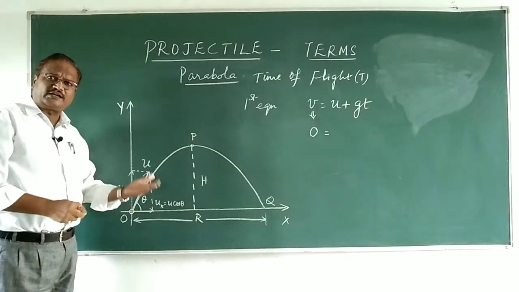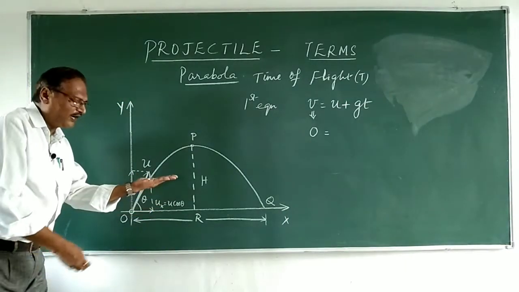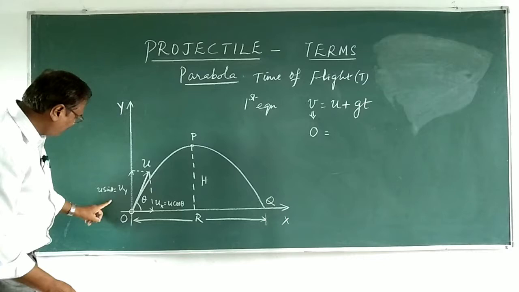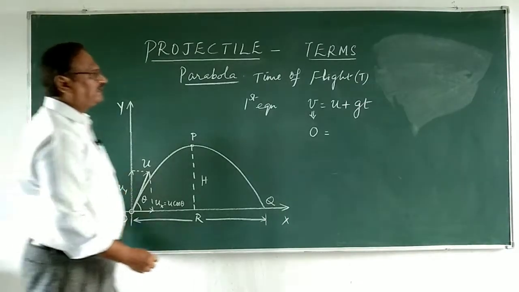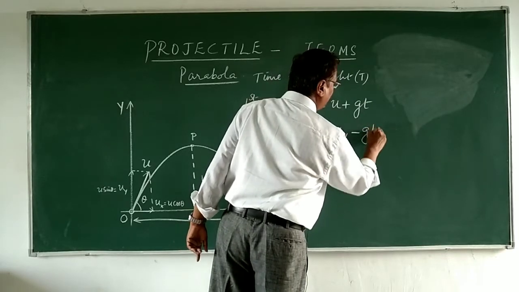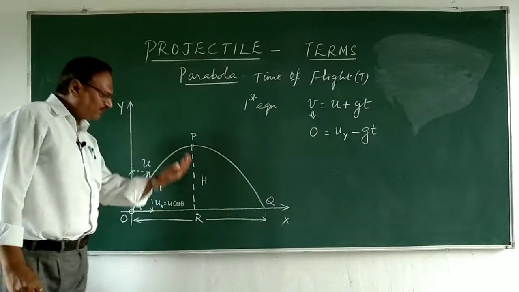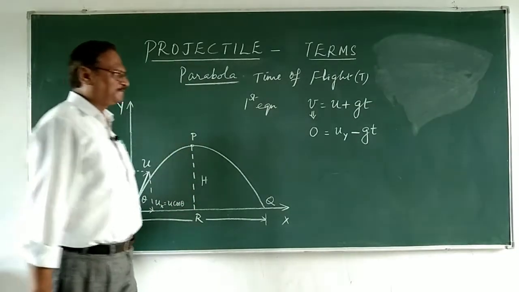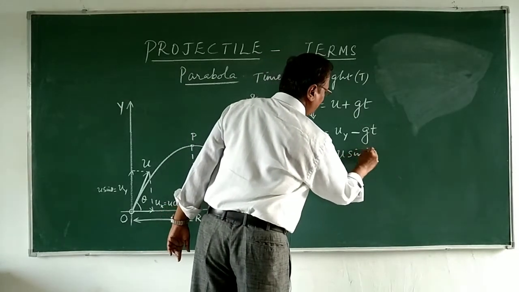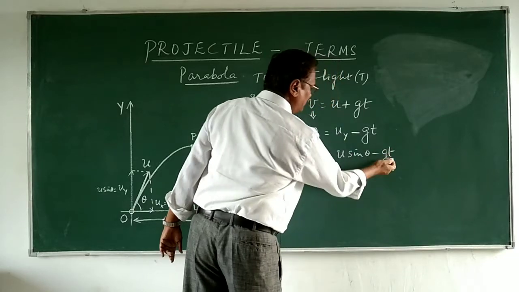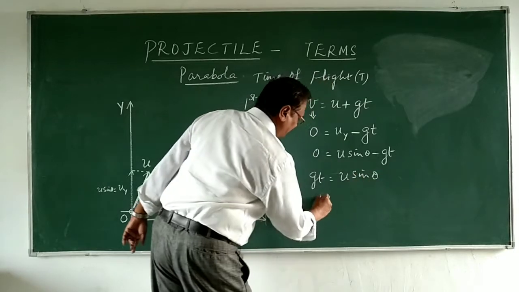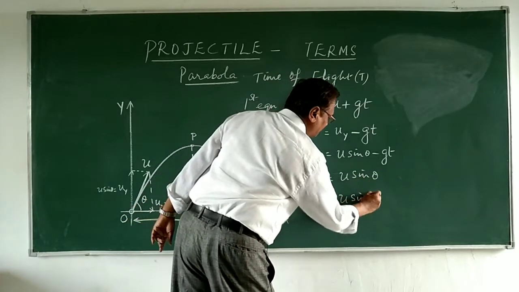What is the component responsible for this body to move up? That is the vertical velocity, uy or u sin theta. So I'll put it as uy minus gt. Why do I put minus gt? Minus because the body is moving in the upward direction. So 0 is equal to u sin theta minus gt, or bringing gt to this side, gt is equal to u sin theta,